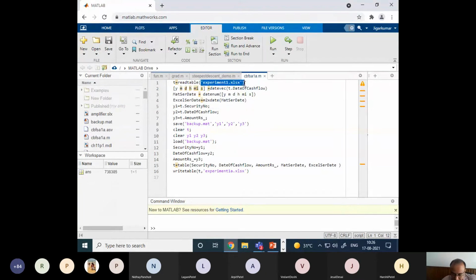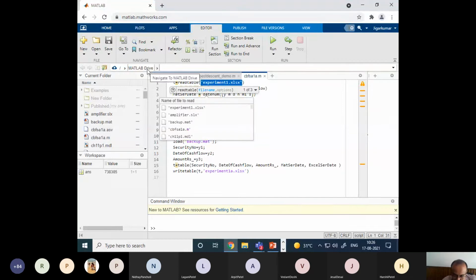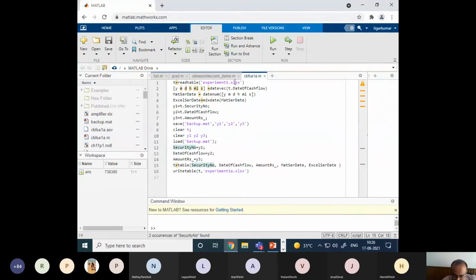From experiment1.xlsx. Now you have MATLAB Online, so be sure that your experiment1.xlsx file is also stored in MATLAB Drive. When you create a login for MATLAB Online, you are allocated one drive, MATLAB Drive. All your MATLAB files, meaning .m files or anything else, will be stored in MATLAB Drive only. It will not access your local computer. Remember this difference between working online on the cloud and working locally.